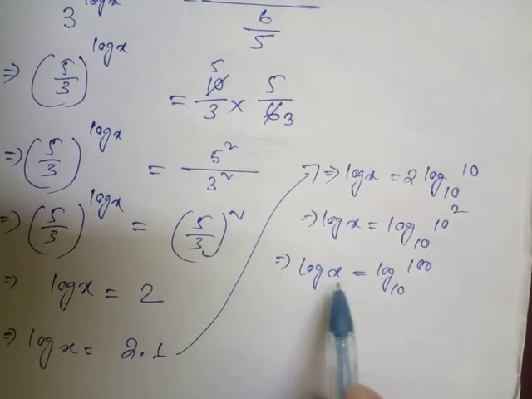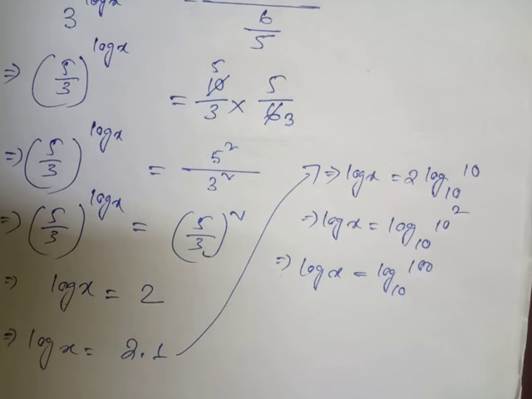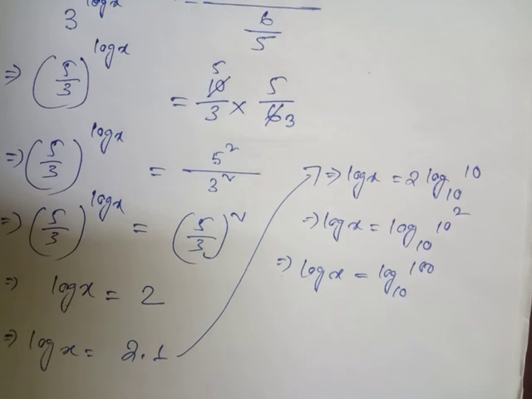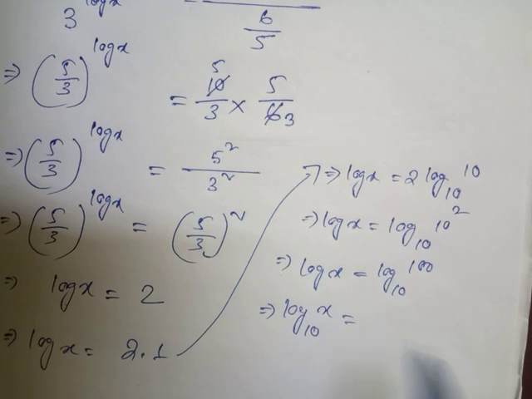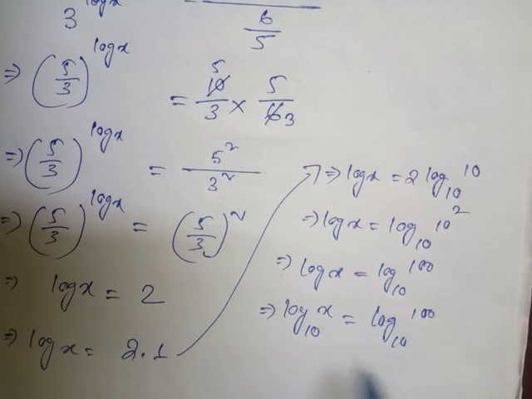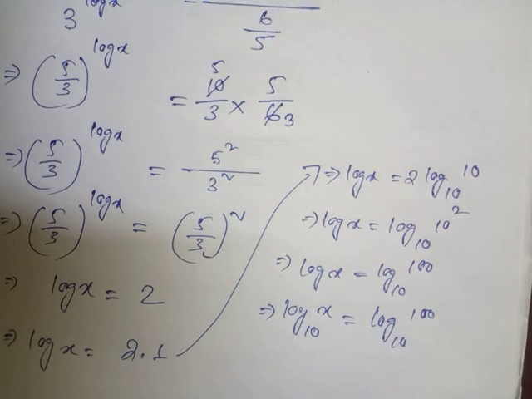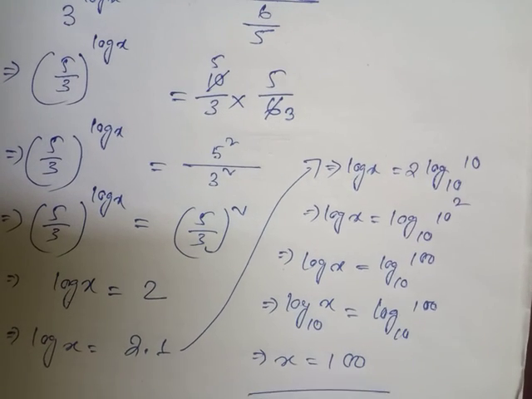Student, there is only one. I already told in my last few videos that we can take log 10 as the base anytime, because the value of log 10 is 1. So here also, if I write log 10 base x, and there is log 10 base 100, so log 10 cancels, so the value of x would be 100. This is the answer of question number 12 Roman 6.